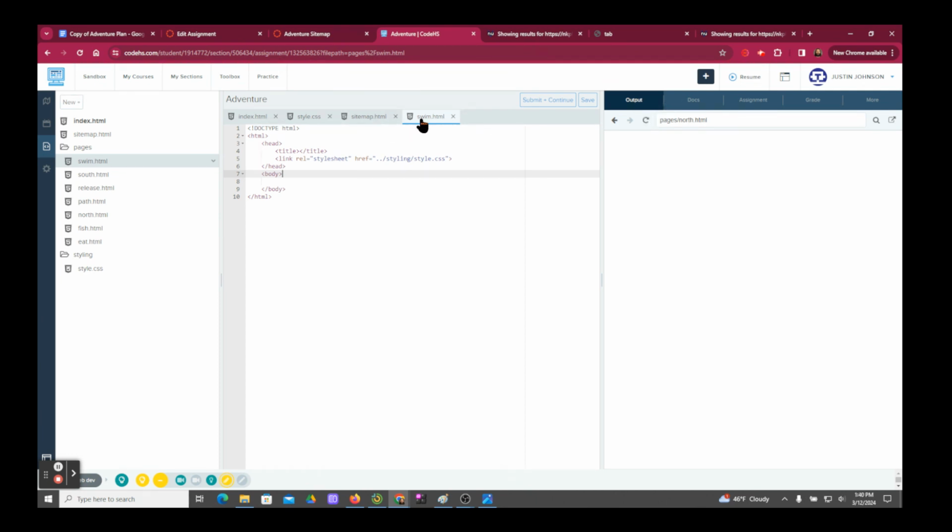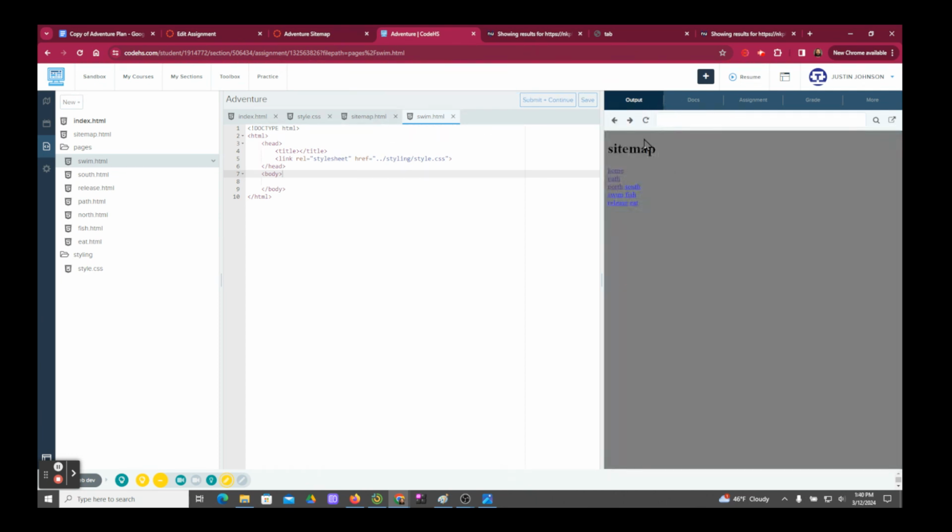All right, so I'm on swim, so let's go back to swim. All right, so it's gray, so that's connecting, perfect. And then inside the body, I'm adding an H1. And then hold down Control so that we can type in the title and the H1 at the same time, swim. Okay. So if I go beneath that, I'm going to add my validator. So a href equals, leave that blank for the moment, and then target is blank